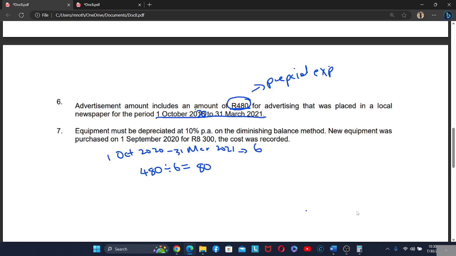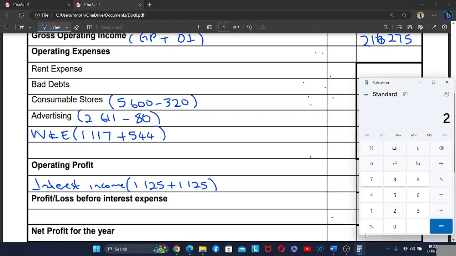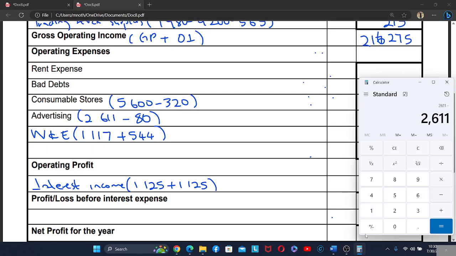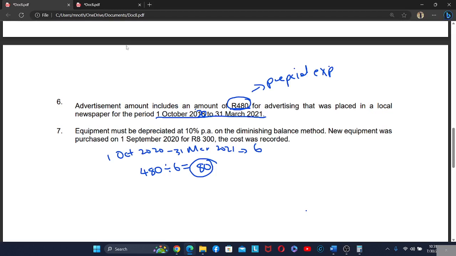So what do we know? We know that expenses should be recorded in a year that they belong in. So right now, this 80 Rand, it does not belong in our financial year. So therefore, we must go and subtract it from the advertising account. So minus 80 Rand, that is 2,531. Then the last one,